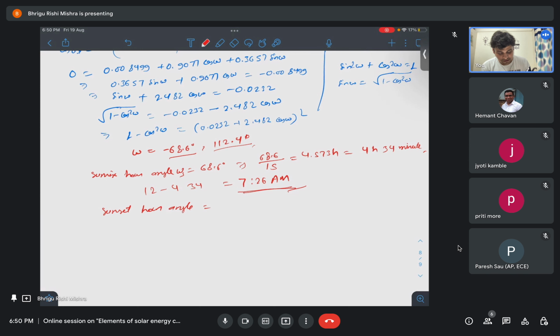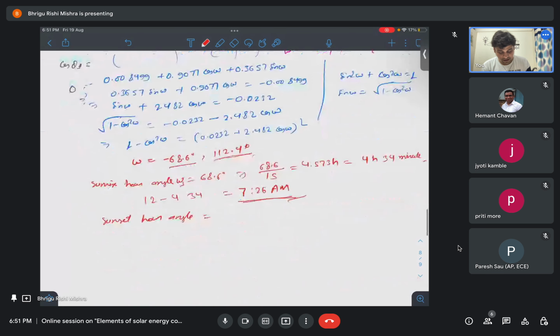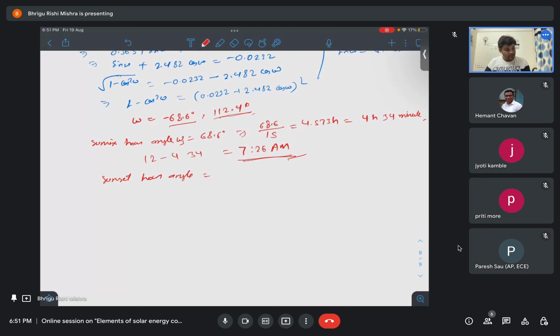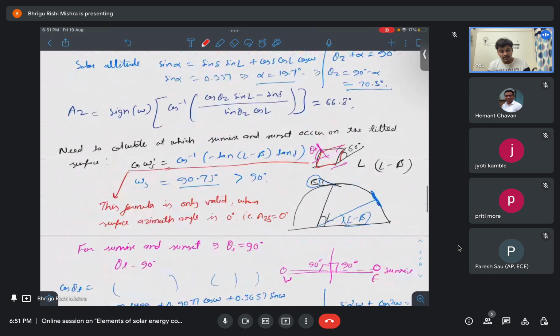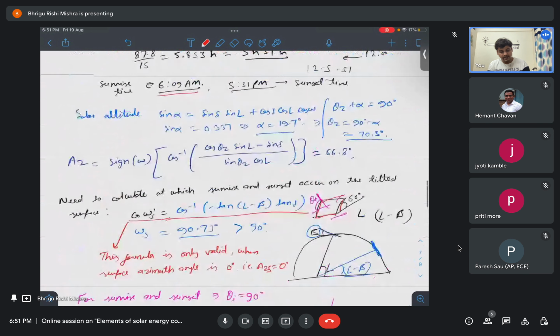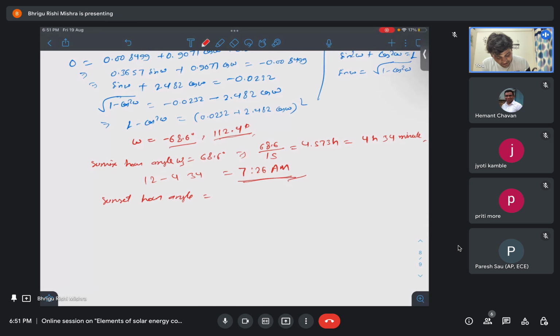So if we consider this sunset hour, that means this sunset has already happened for the tilt surface. That means the sunset hour angle is the same as the sunset hour angle of the earth, and in this case it is 87.8 degree. So the sunset hour angle is 87.8 degree for